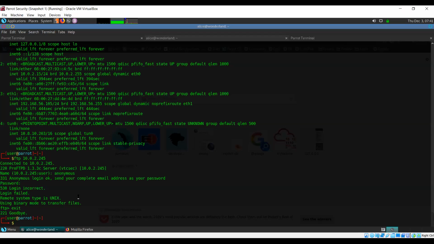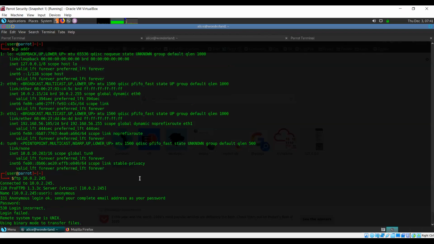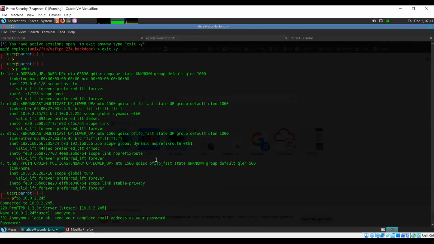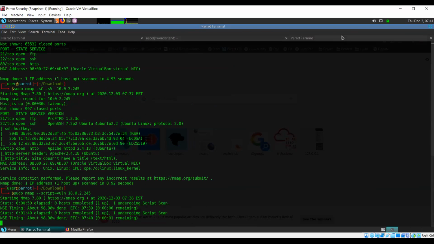Okay, so FTP, being the polite protocol it is, also wishes us goodbye as we leave. So directly accessing any files through FTP is out of the question now. Now we are left with two ports, SSH and HTTP.